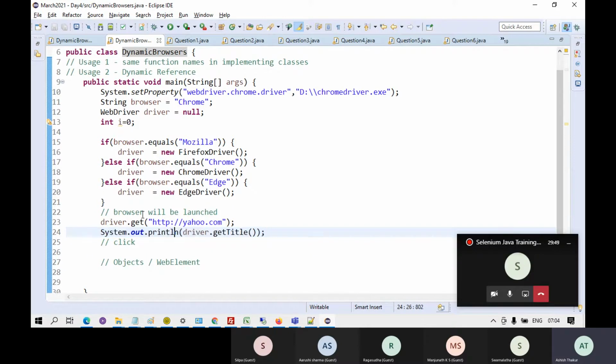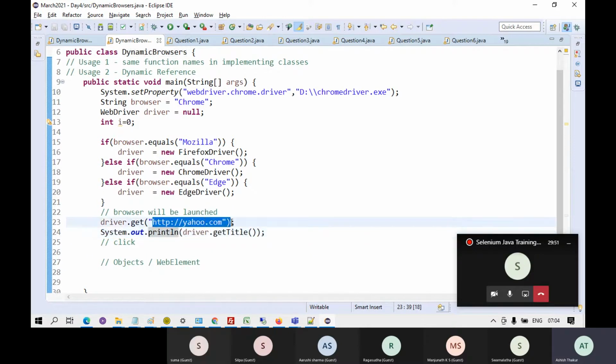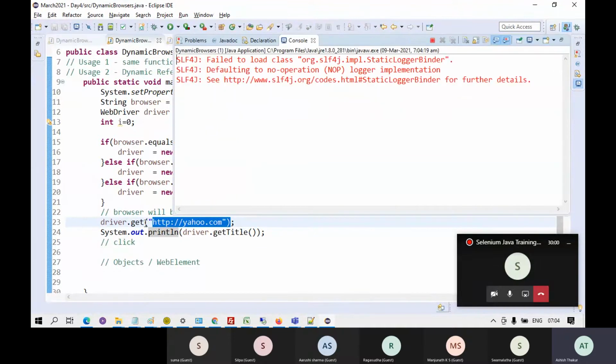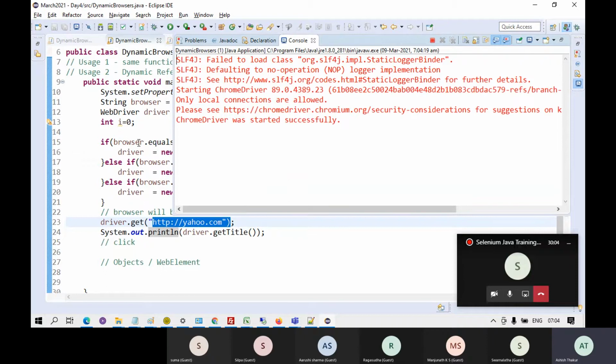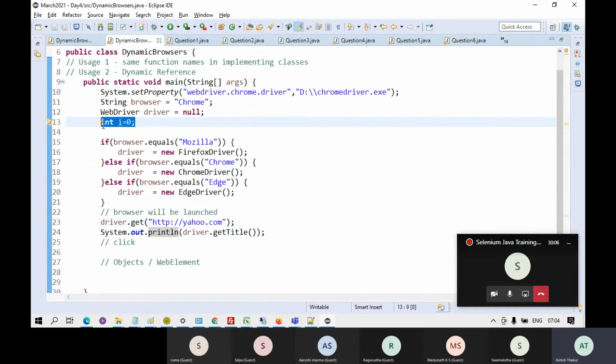Right now, the thing is, after reaching a website, you need to identify the elements on the web page. And it's quite simple. Selenium works on the page source of the web page. Now what do you mean by the page source? Every website has a certain HTML code.